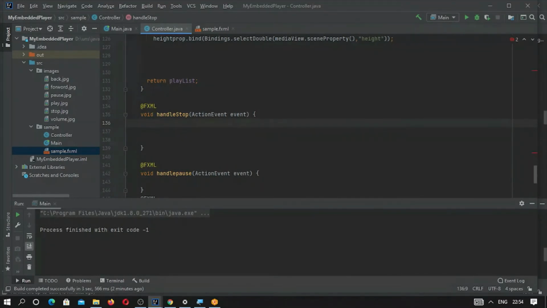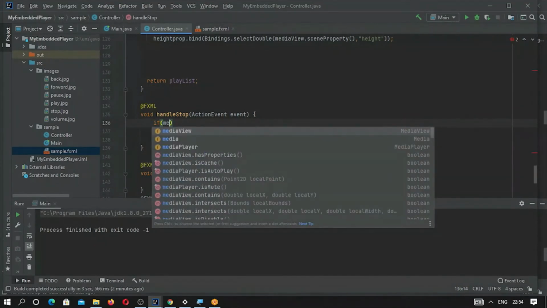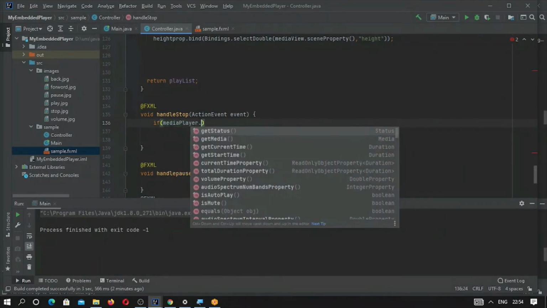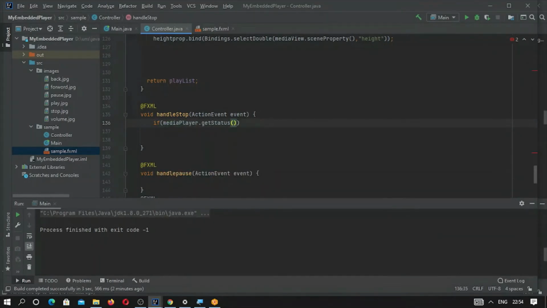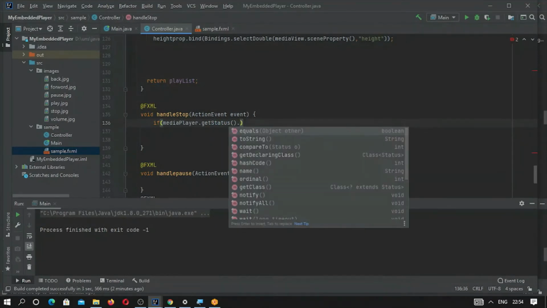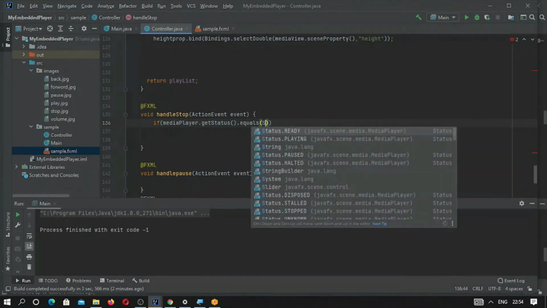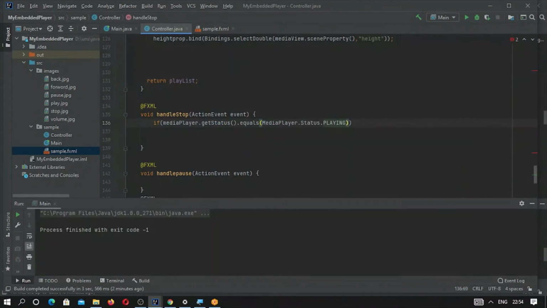So first we check whether it is running or not. So if media player dot get status dot equals status dot playing, on that condition we want to stop.